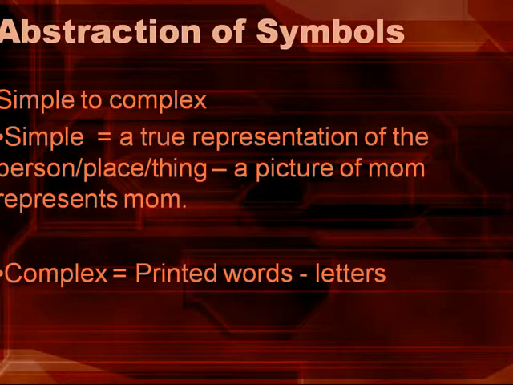So in terms of the abstraction of symbols, we go from simple to complex. A simple abstraction, right, would be a true representation of the person, place, or thing. So if we're dealing with a child and they want their mother and they need to point to what they want, the most simple representation of mom is pointing at her across the room, and it's the real physical mom. If we work our way down to more complex, to interpretation, we could use a full-size picture of mom, then a smaller picture of mom, then a drawing of a woman holding a child's hand